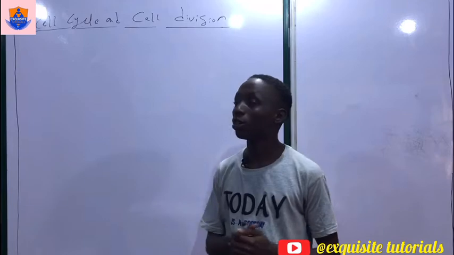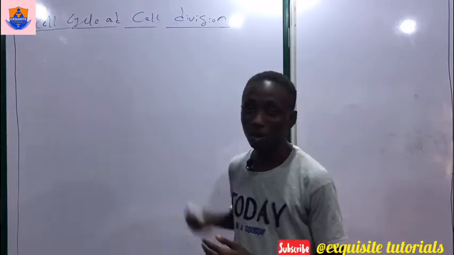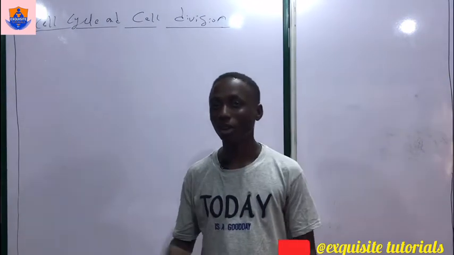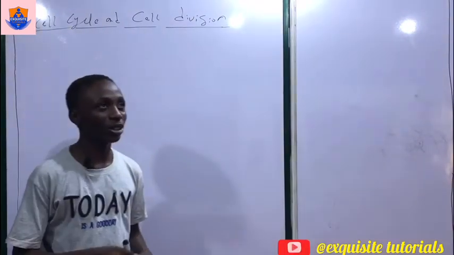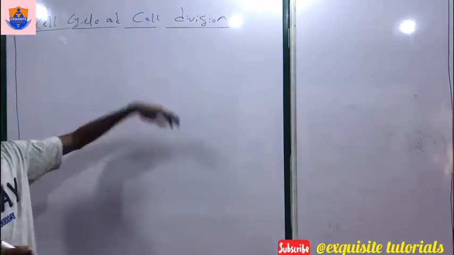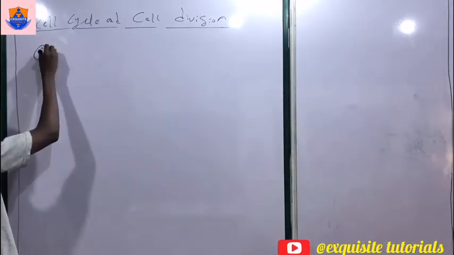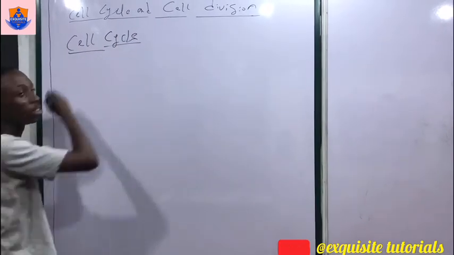And today, we're going to be treating a topic under AEB, cell cycle and cell division. For those who I believe this should be under AEB 101, then university students, of course, AEB 124. So today we'll be talking about cell cycle and cell division. First of all, we'll be starting with the cell cycle.